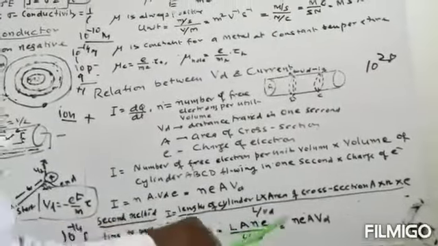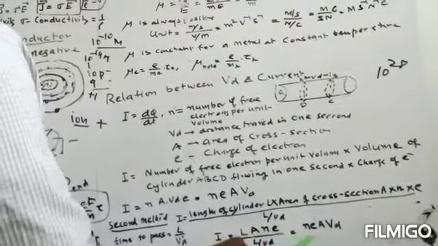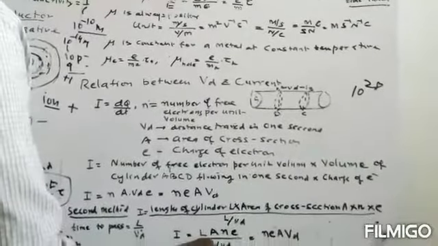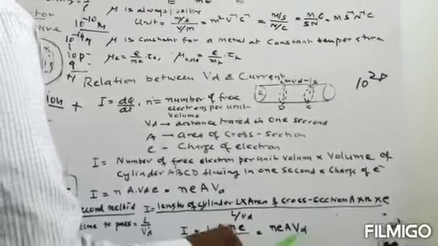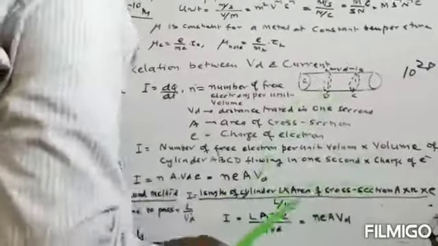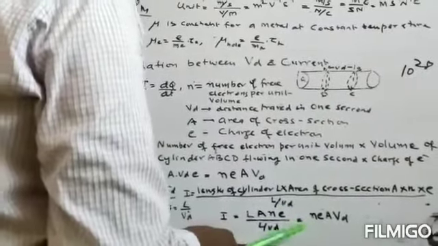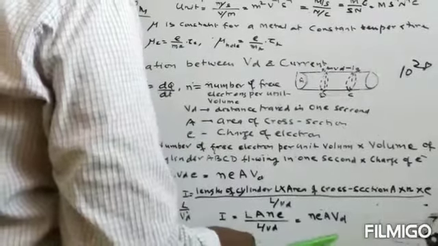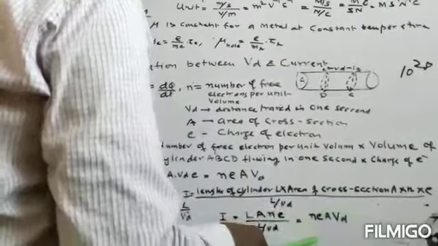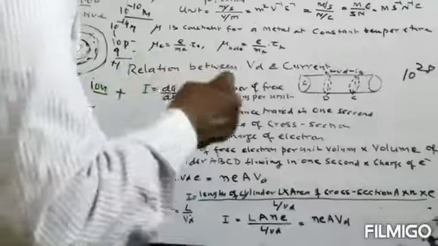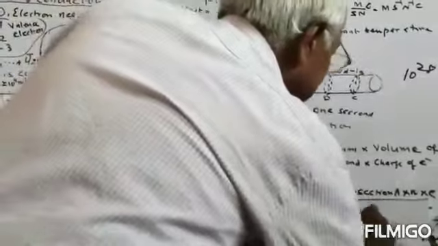So current will depend upon charge density. The charge is the same, and on the area of cross section. More area of cross section, more current will be there. So if the conductor is there and current is passing through it, then for this conductor n is the same, e is the same. Now the area of cross section will depend on n, e, Vd. So if a constant current is there, then neAVd will be constant. So n for the metal is constant, e is constant, so A into Vd will be equal to constant.